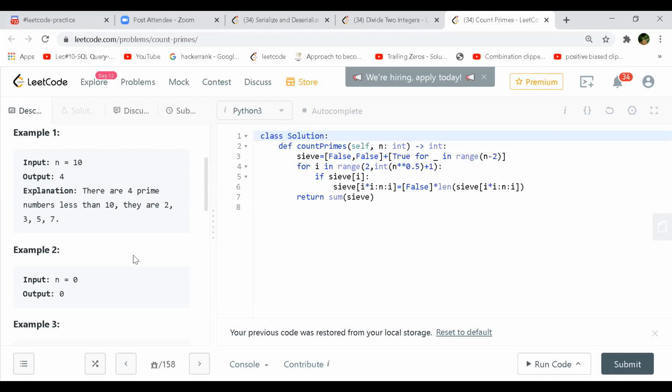So you can always start from 2 and 3 maybe, because depending on what your n will be, you at least know 2 and 3 are there. If you start from 4, you know that you have 2 and 3 already as two prime numbers, and you go all the way to 10, right?